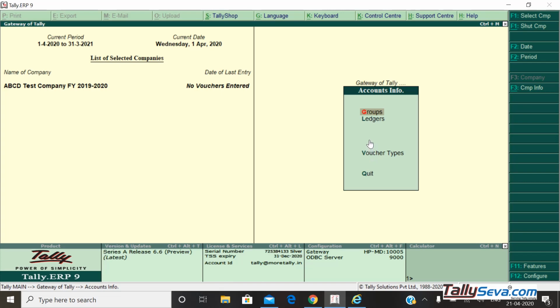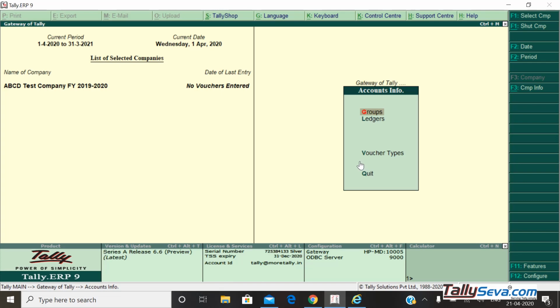It means in future, whenever we require more features, those masters will be added in this area. For example, if we want to use cost centers for project accounting, then the cost center will activate and it will come here. If you want to use a budget, we activate the budget, then the budget master also comes here. Whenever we activate a feature, the related master comes here automatically. By default, the first primary masters available are groups, ledgers, and voucher types.